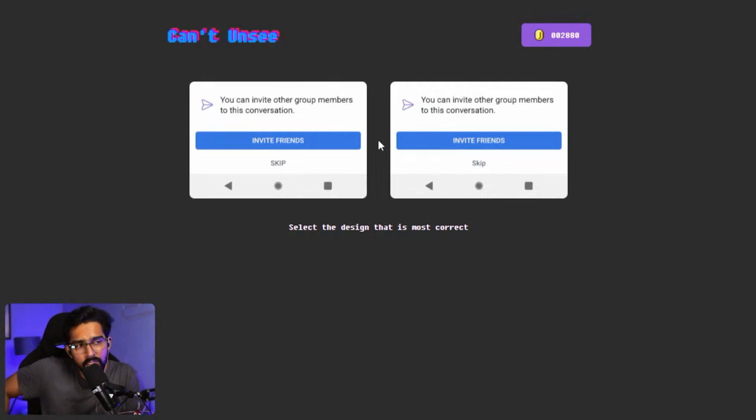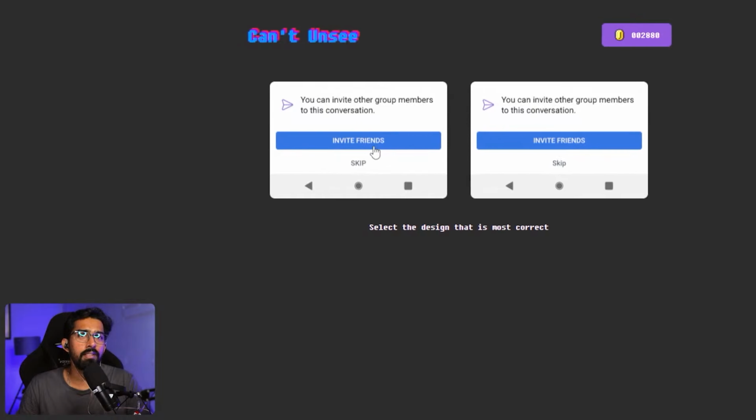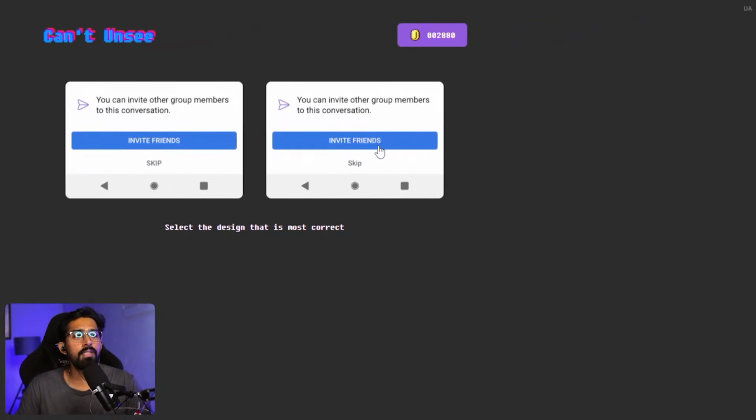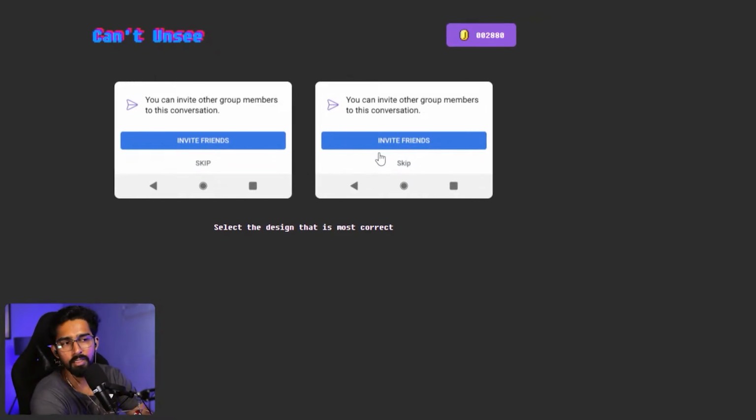Okay, your statement is making sense, but let's see, people who are thinking the first one is right with the capital skip, let's see if they have any counter argument for you. Both our action buttons maybe should have even text capitalization. Yeah, Nina, that is also my statement. The primary button is in capitalization, so the secondary should also be in capitalization, right? Okay, brain says this, but my heart says this. Okay, let's go with the two.